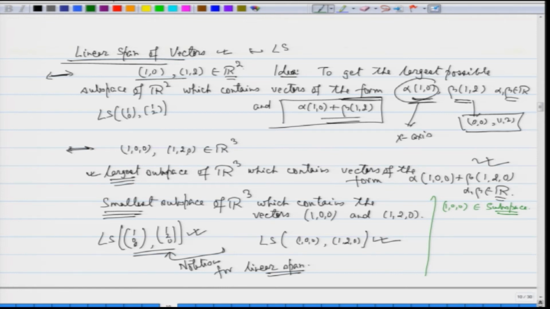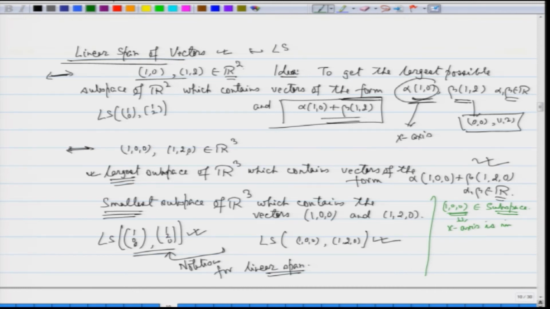Subspace means the 0 vector has to be there. If x is there, y is there, then x plus y has to be there. Fine. If x is there, alpha is a scalar, then alpha times x has to be there. So once I am saying that (1,0,0) is there, it means that (2,0,0) is there, (3,0,0) is there. Fine. Alpha times (1,0,0) is there. So it implies that I need the x axis